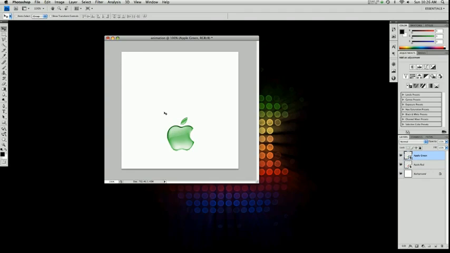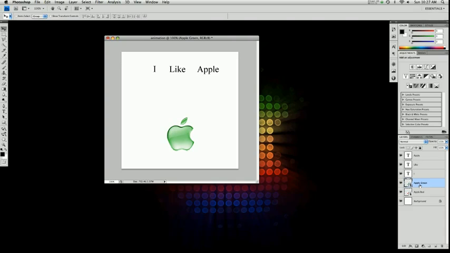Okay, now what you want to do is create the text. So I hit T and type I, and by the way, everything you make in an animated GIF has to be on a separate layer. So all text, all pictures must be on a separate layer. So I'll make a separate layer and type in like, make another separate layer and type in apple. Okay, now you can just move it around to make it look like one sentence sort of thing. Now notice I've got all separate layers,